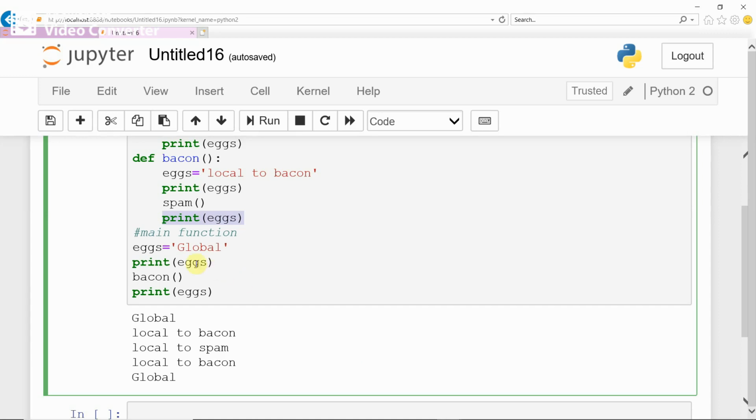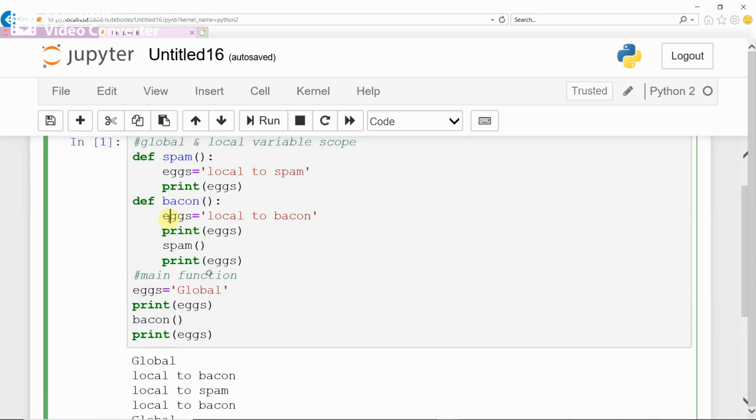And then next, after calling the bacon function, you are given once again print x. Even though you called the bacon function, whatever x you defined local to bacon will be printed. The span function will be called. In the span function, local to span will be printed, and then after calling the span function, print x will print the one local to bacon.